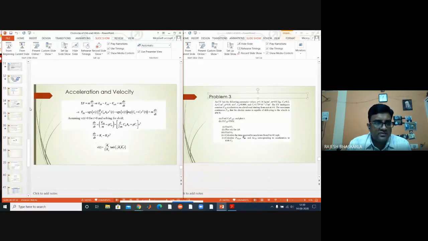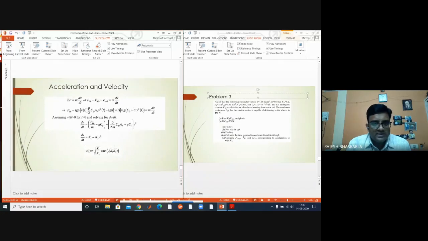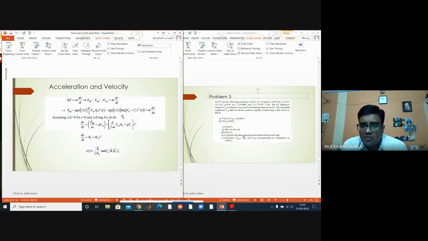Is this clear? So VT, first point, can be calculated from this formula. Square root of K1 by K2. K1 is this one and K2 is this one. And FTR is 350, M is 692, G value is 9.81, C naught value is 0.009, rho is given, CD is given, AF is given, C1 is given, V square is given. So from these values, you can calculate V of t. Now tell me, what is the difference between small v and capital V?